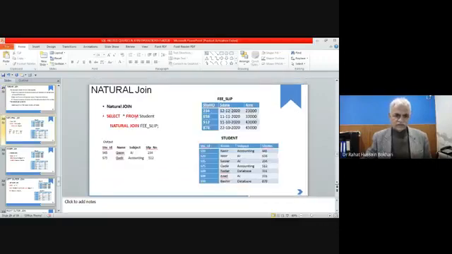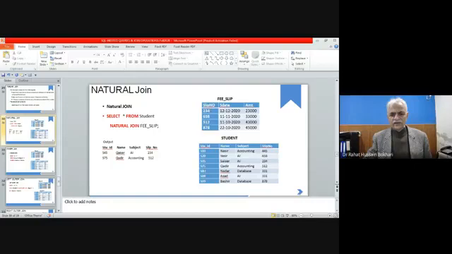So this is select star from table. This is student natural join fee slip. So it is doing that in the very beginning, if you recall, it is doing a cross product, and after that it is comparing the values, and those common values between them should be the output. So within this table and this table, the value 234 is the common one,